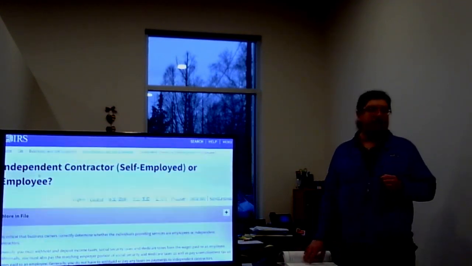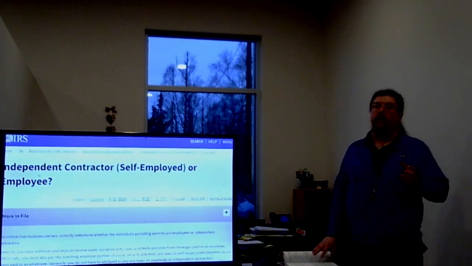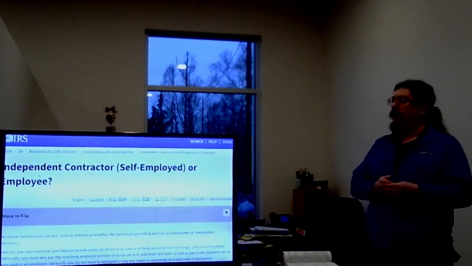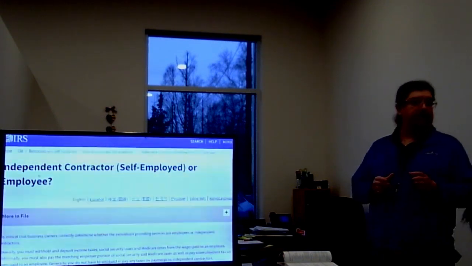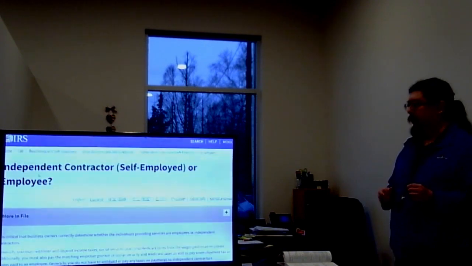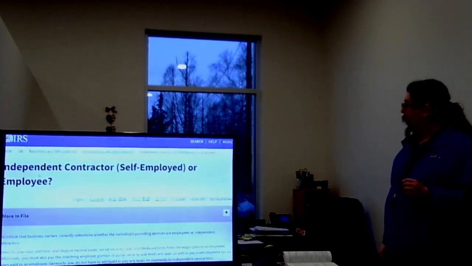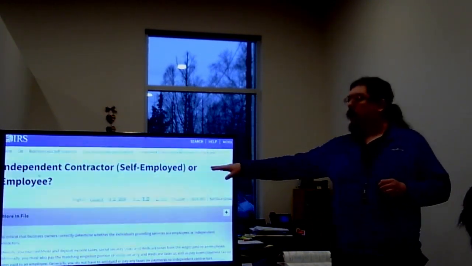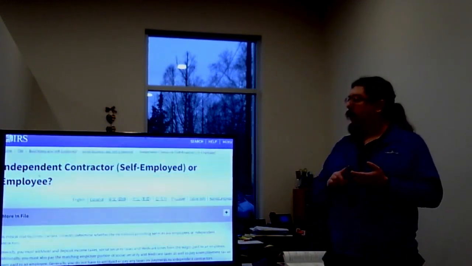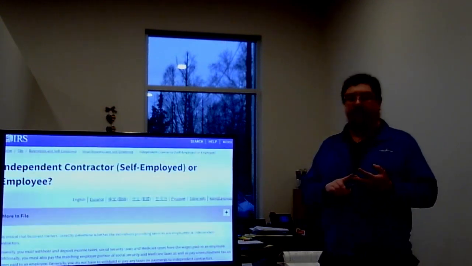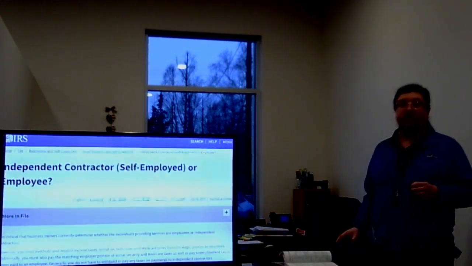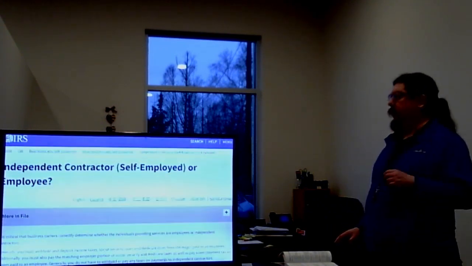And before we go into the text itself, we want to talk about two important issues that come up whenever we're talking about self-employment. And that is, are you, or is someone who's working for you, an independent contractor or an employee? We talked about this a little bit in chapter 4 when we talked about wages, but we're going to reiterate